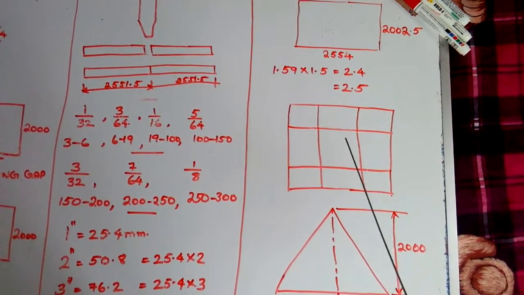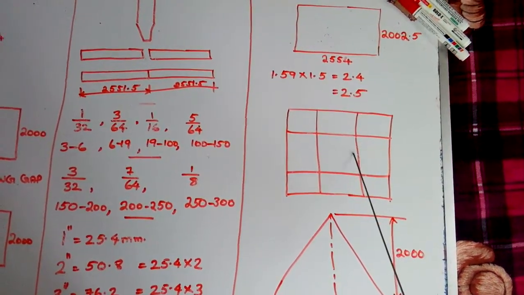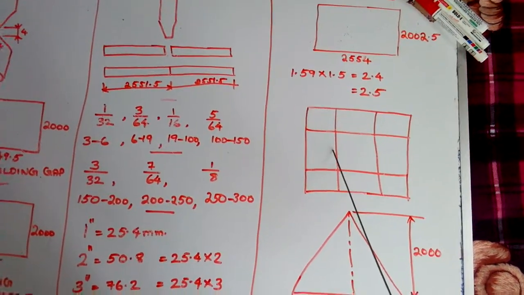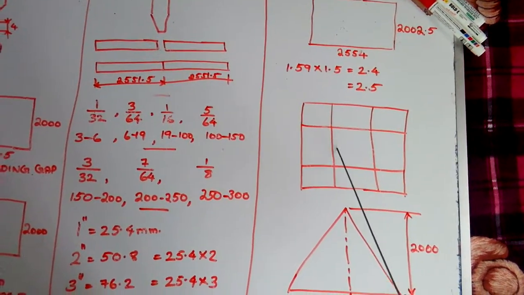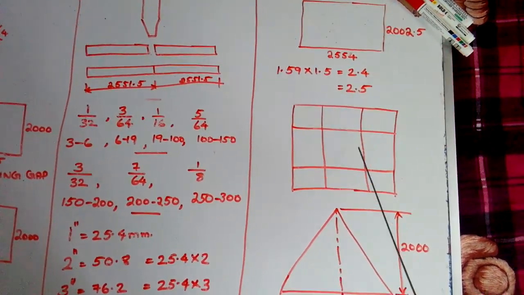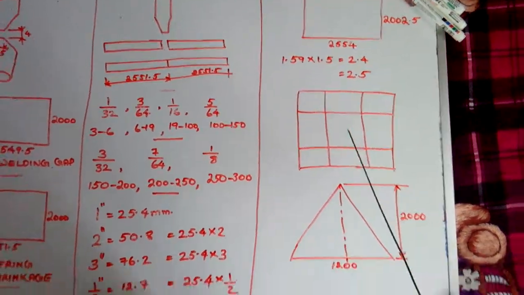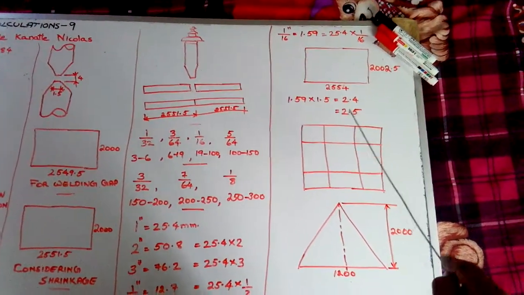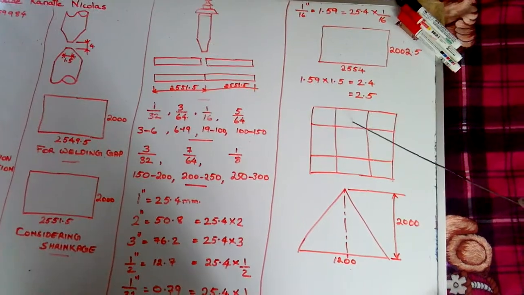For this plate, we have to decrease half of 2.5. It means 1.25. Here also we have to decrease half of 2.5 for this plate. It means 1.25. Here we decrease 1.25, and here we decrease 1.25. In this total length we have decreased 2.5. It means 2.5 we have decreased here. We have to decrease 2.5 from